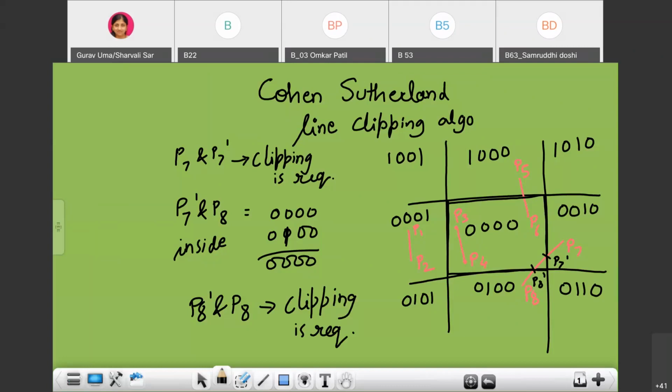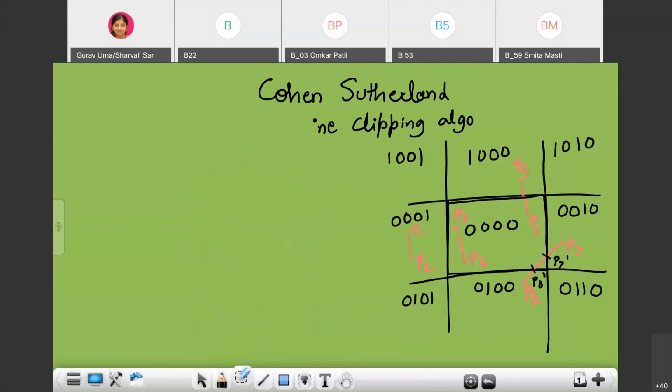Now we will see the algorithm. In the Cohen-Sutherland line clipping algorithm, what is step 1? For each endpoint, we first have to assign a region code.